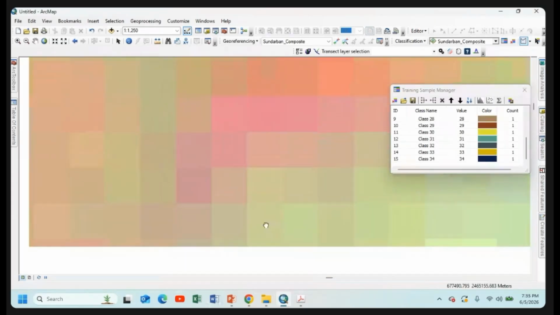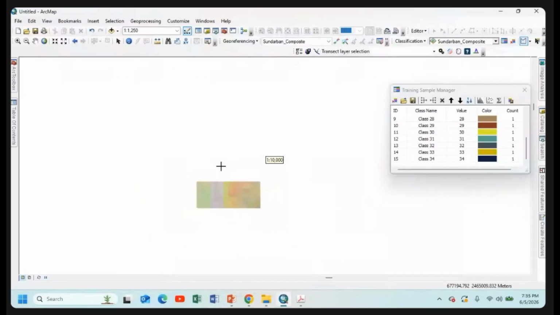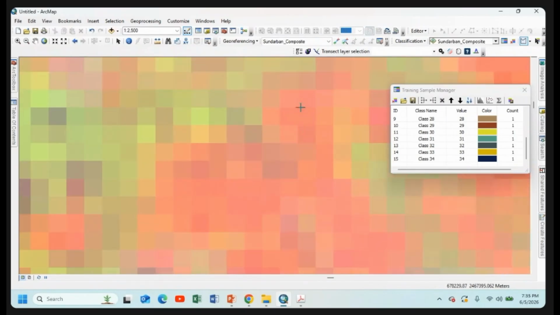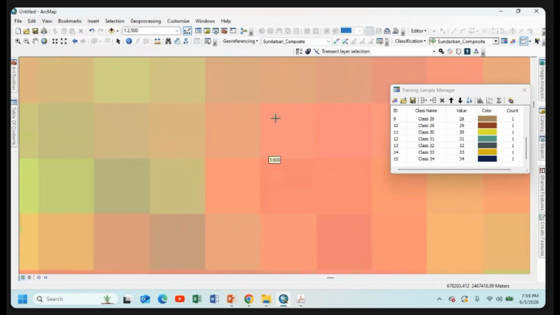Only 15 done. 5 more we will take. Here prominent visibility is observed for grassland. This is the light pink color. Look, I have made a mistake, so I delete this one.